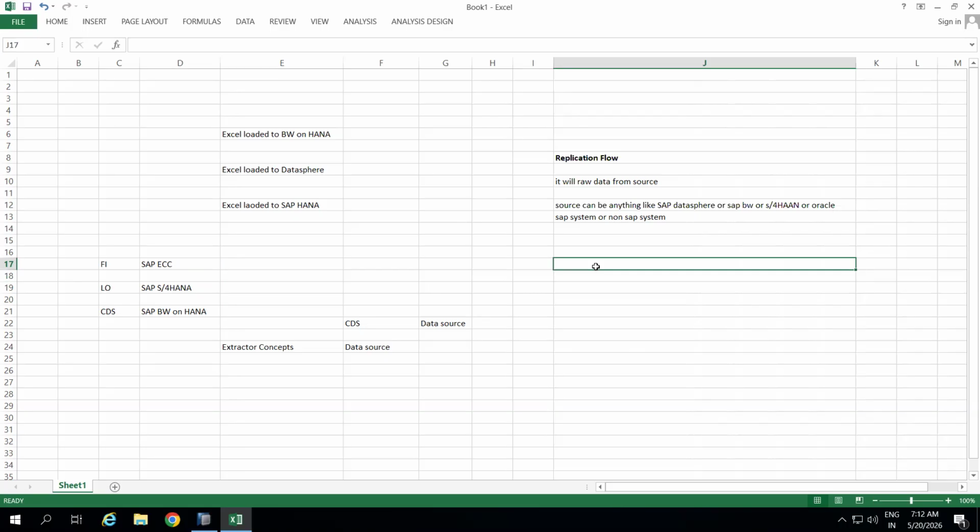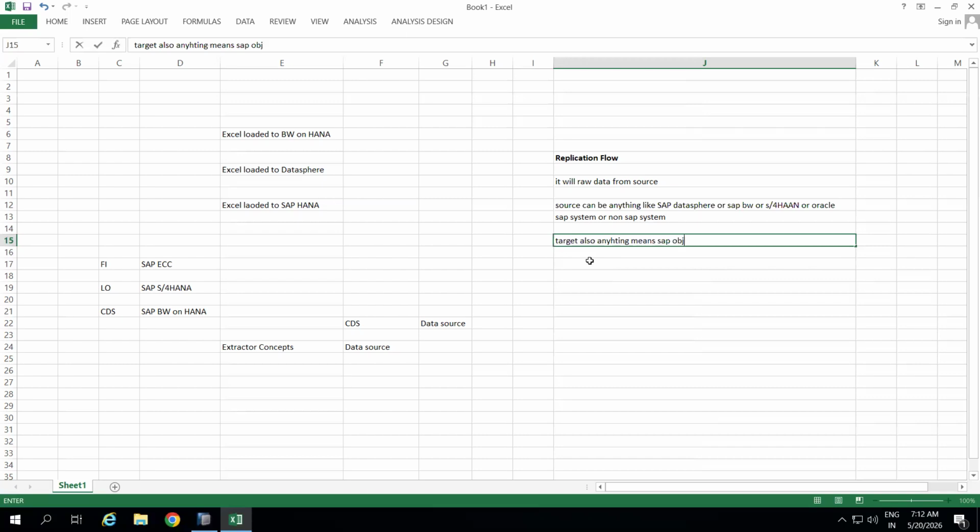When you are using replication flow, the source can be anything, and the target can also be anything, an SAP object or a non-SAP object. That means you are storing data into Datasphere, or else you can store it into another system, a non-SAP system as well, depending on the need. Mainly it will support ELT,